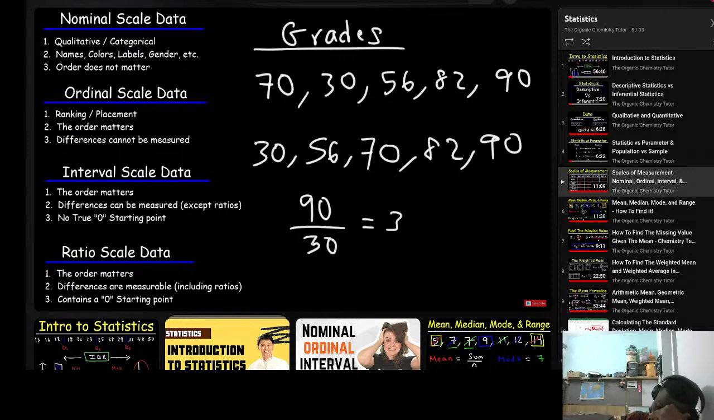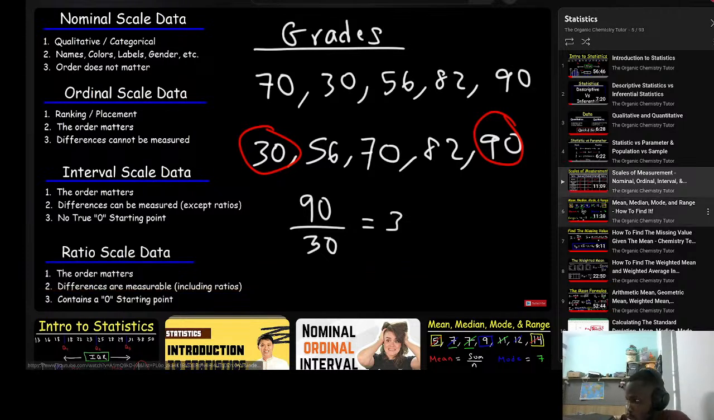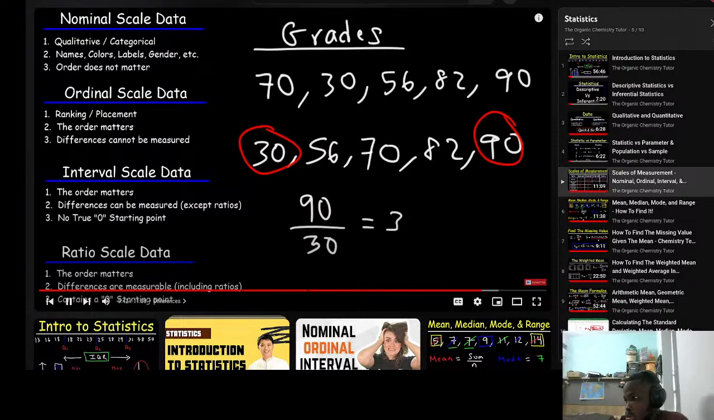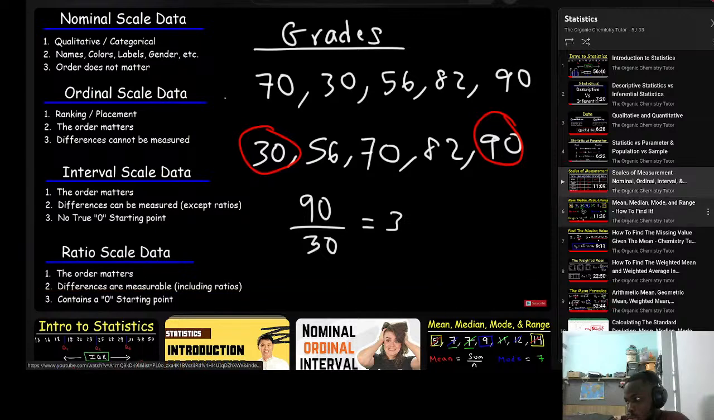And so we could say that this student has a grade that is 3 times higher than this student with the lowest test score. And that would make sense. We can see that the ratios are meaningful. And the last thing is true. It does contain a 0 starting point. Let's say if we have another student who didn't answer any questions, he would have a grade of 0. So that means that either he didn't do the test or